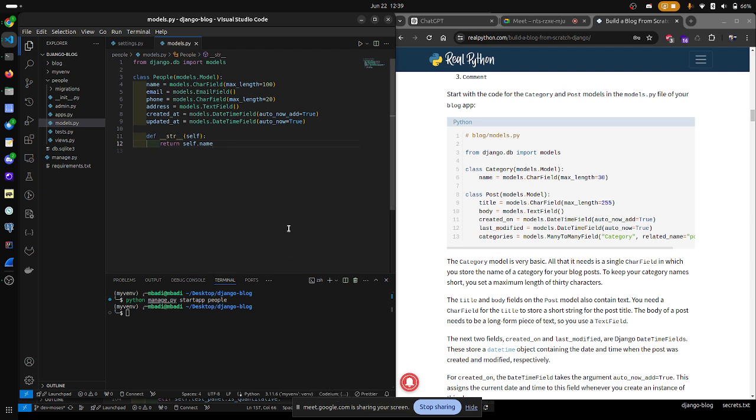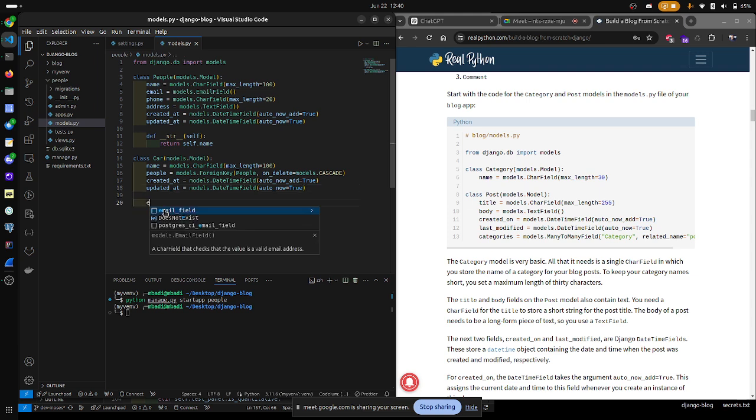Codium can auto generate code. So a person will have a name, an email address, a phone number, an address, created at, and so on. And then we will have another field. People can be, okay, let's say people have a car, right? Yeah. So models.Model, we have the name, and then down here we will say define